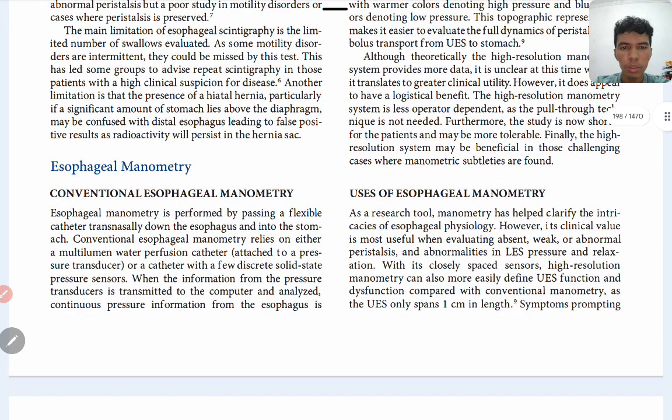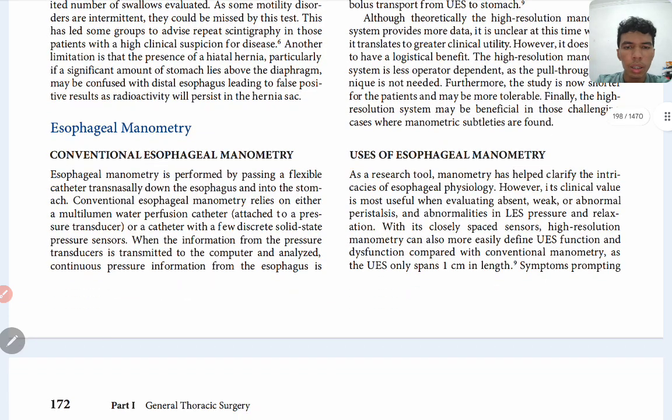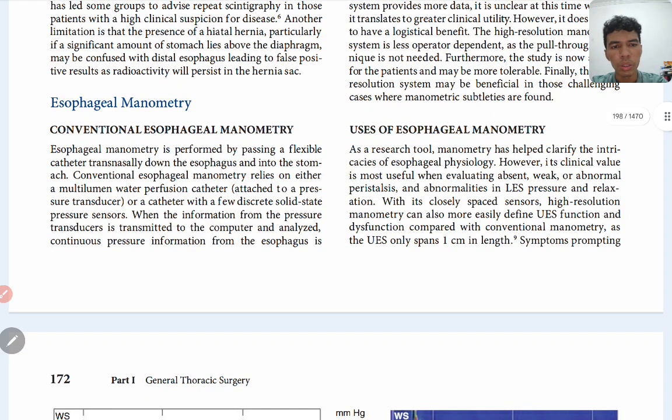Next, uses of esophageal manometry. As a research tool, manometry has helped clarify the intricacies of esophageal physiology. However, its clinical value is most useful when evaluating absent, weak, or abnormal peristalsis and abnormalities in LES pressure and relaxation. With its closely spaced sensors, high-resolution manometry can also more easily define UES function and dysfunction compared with conventional